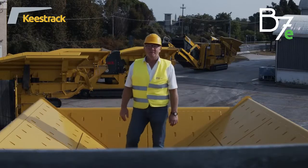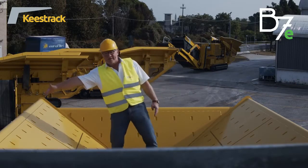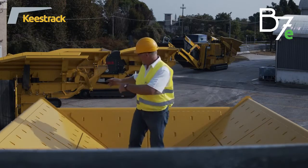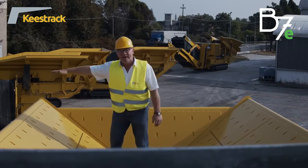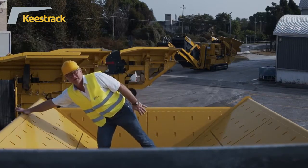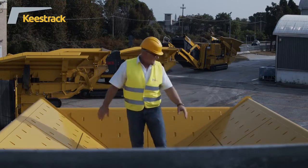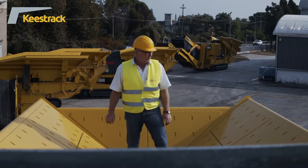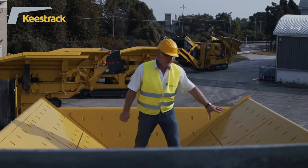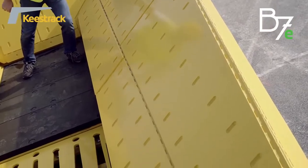The feed hopper of the B7e has a feeding width of 3 meter. It has a feeding length on each side of 2.7 meter and a feeding height of 4.3 meter. The side walls and also the rear walls are performed with wear lining 10 millimeter and 20 millimeter in welded